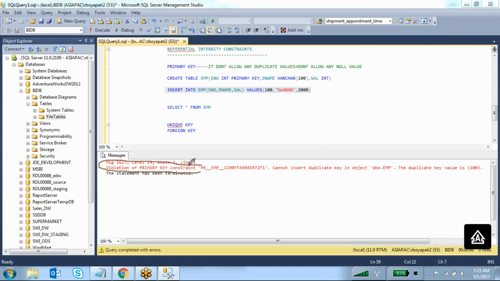Violation of primary key constraint. So there is a primary key constraint on your table, and it's violating that primary key. Cannot insert duplicate key in object EMP.